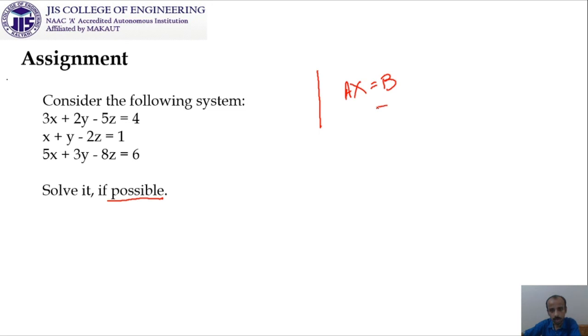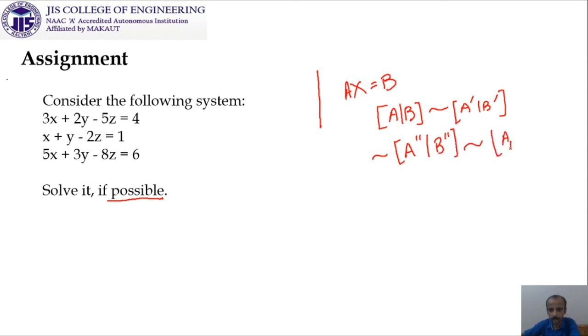Only one thing before the conclusion: Ax is equal to b is your given system in matrix form. You have converted it into A slash b, then using elementary row operations you are converting it into A dash slash b dash, and if more is required, then A double dash slash b double dash. Suppose after one more step you get A in its echelon form as well as b in its echelon form. So you can stop here, then you check the equality or not equality of the ranks. If it is equal, then also check whether the solution is unique or many.